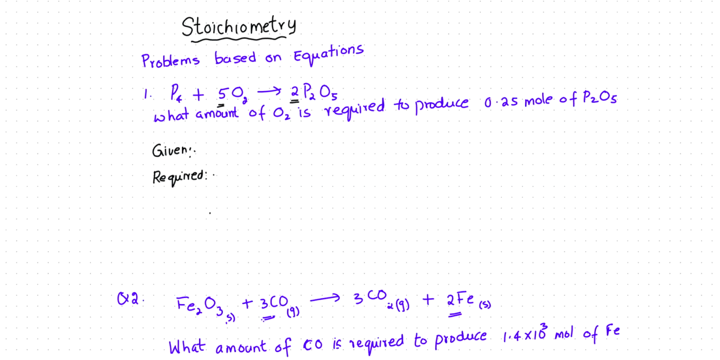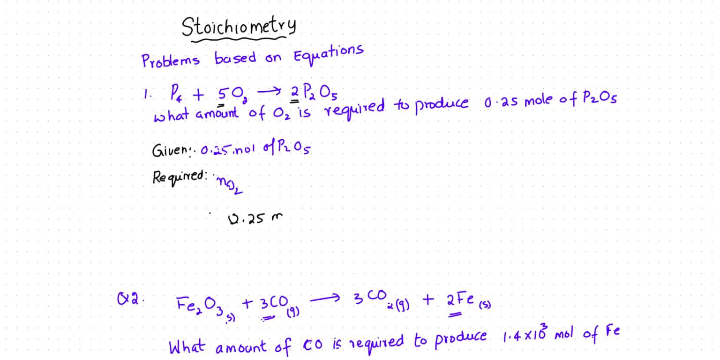So first we write the given amount. 0.25 moles of P2O5. And required is what amount of oxygen. So the number of moles of oxygen we have to find. Given amount is 0.25 moles of P2O5